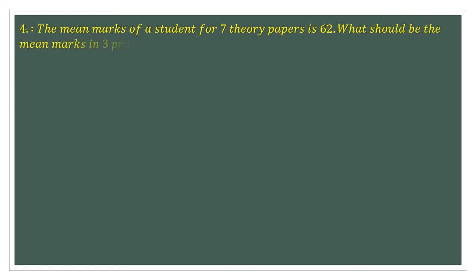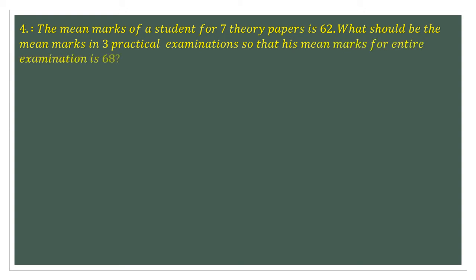This will be the last question of this tutorial and exercise 3.2. The fourth question: the mean marks of a student for 7 theory papers is 62. What should be the mean marks in the remaining 3 practical examinations so that his mean marks for the entire examination is 68? Okay, the question here is something similar to my last tutorial of the cricket question, where out of